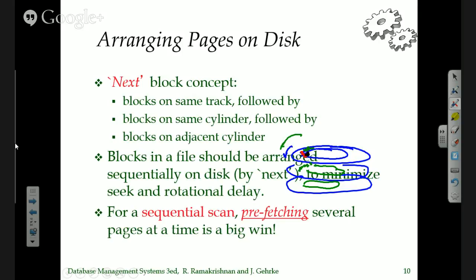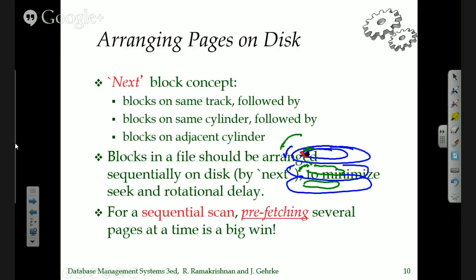And as it turns out, in particular when we have good ordering on disk, then we can do something called prefetching. And this is what operating systems do actually quite a bit, and database systems as well, is that if you read a particular page, they will just get in more data than you asked for, on the assumption that the next thing you'll use is that. And for example, if you're scanning a large file,